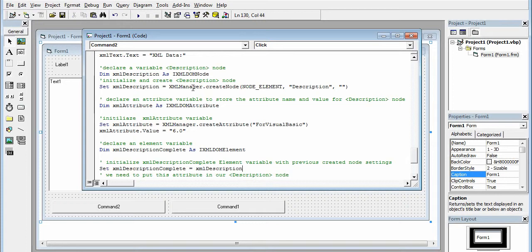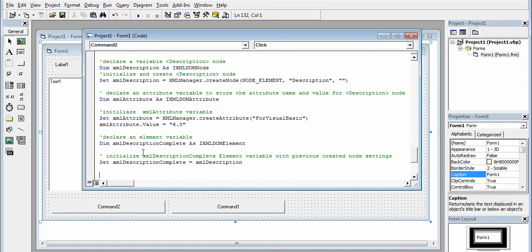Why? Because it's a created node with some already existing values, so I'm going to send it to description complete element, because now we can set the attributes, and attributes can be done